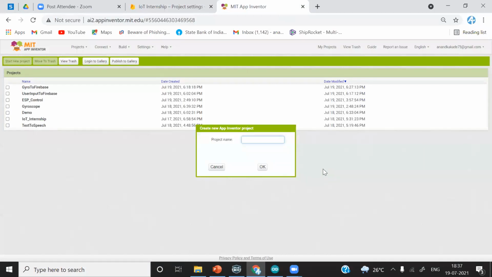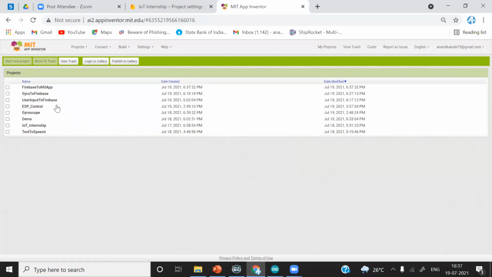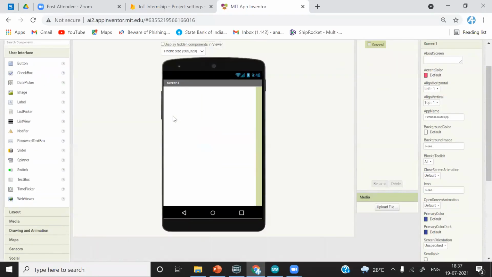So first, I will give the name Firebase to MIT app. Give any name you want. Now we'll quickly do that because we have to make another application also.